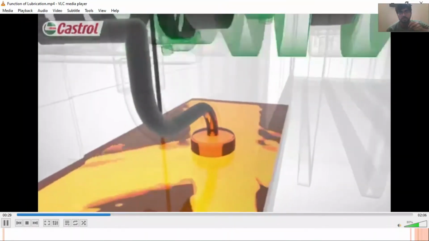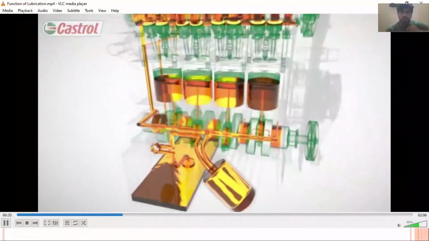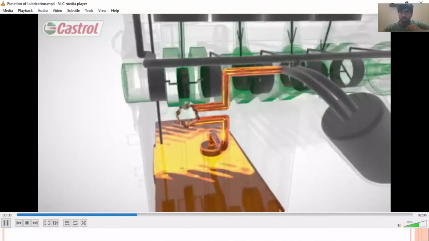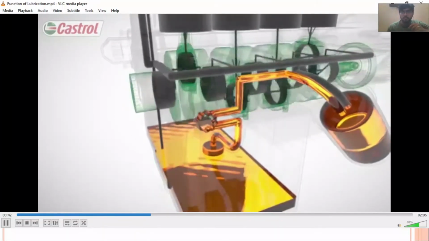It sucks oil up from the sump through a pickup tube, pressurizes it, and sends it around the entire engine through a circuit of oilways. From the pump, the oil travels to the oil filter, which removes microscopic particles and supplies clean oil to the